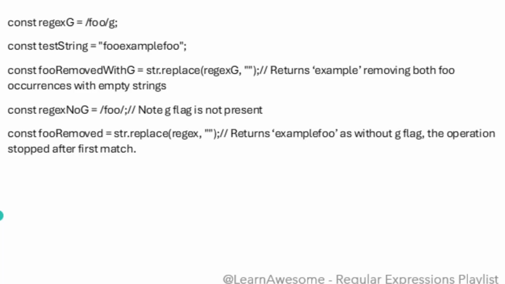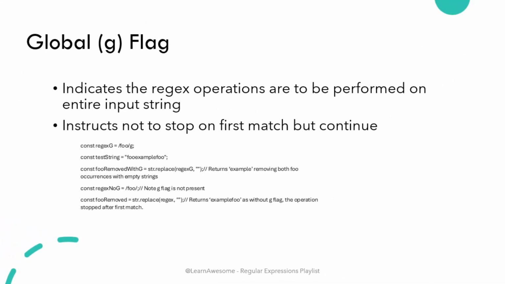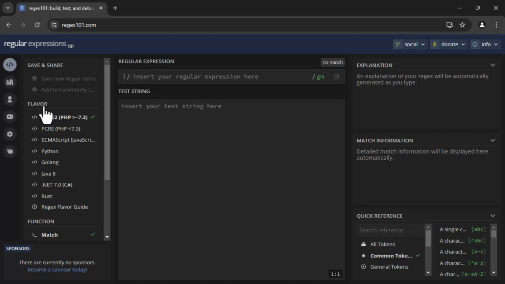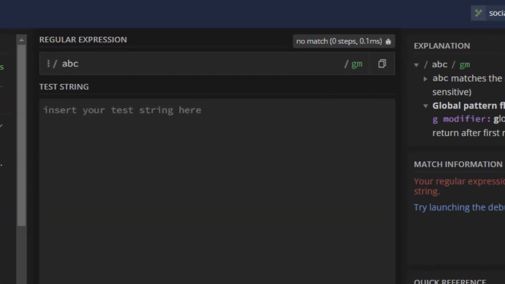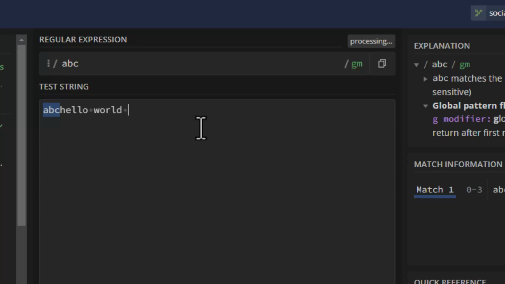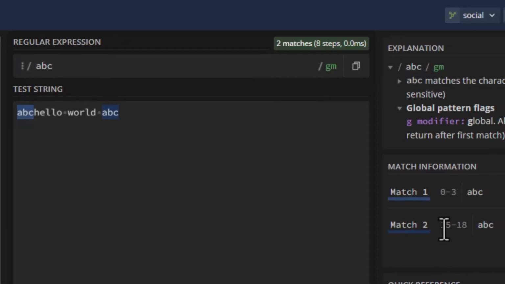So it would be like a replace once or replace all operation. Let me show you a quick example, as the G flag is important and practically useful. Let's go to regex 101 and let me just type ABC, and I say ABC hello world ABC. It matched twice, once at index 0 and another time at index 15, and that is why this G